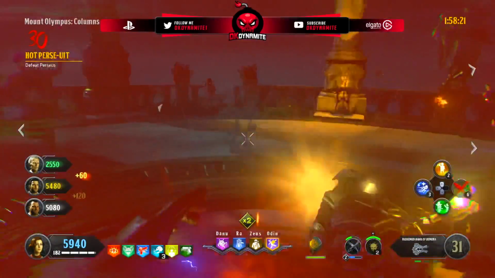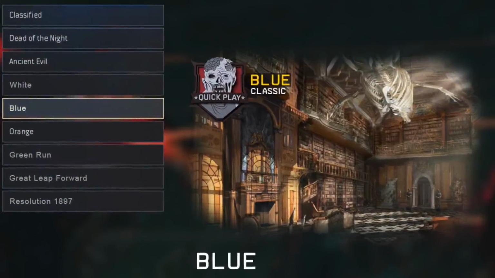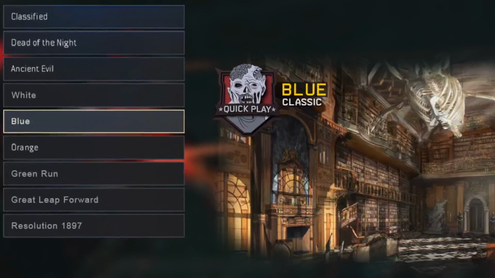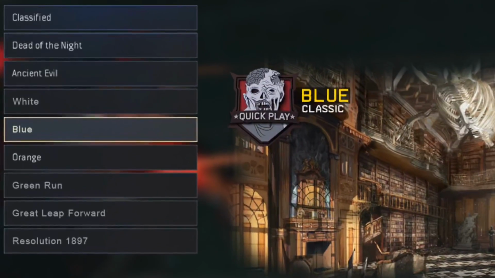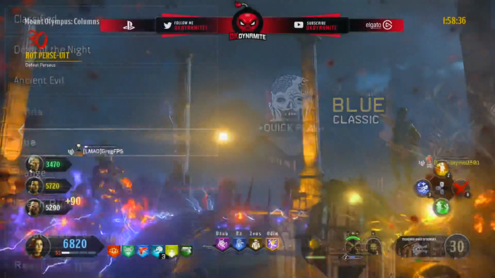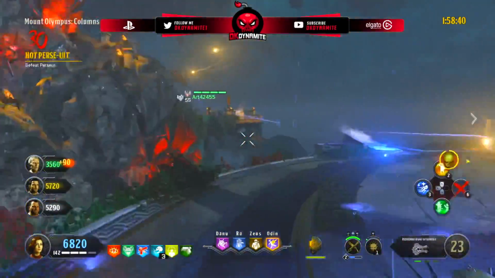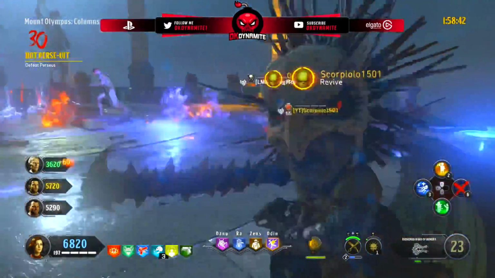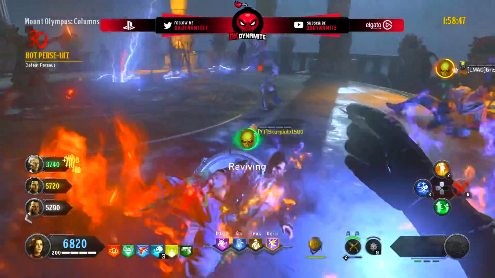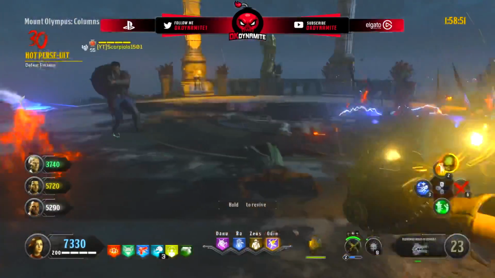Now as we take a look at this recreated version of how Season 2 was going to be structured for Black Ops 4 Zombies, let me make something very clear. In the original image, the only maps that were on that list were classified to orange. I added the Victis maps to this list for the sake of the discussion because we're going to be talking about why they weren't on the list in just a few minutes. I did get that verified, and as we take a look here at the list, we of course have classified, Dead of the Night, Ancient Evil, DLC 0, 1, and 2, and then we have white, blue, and